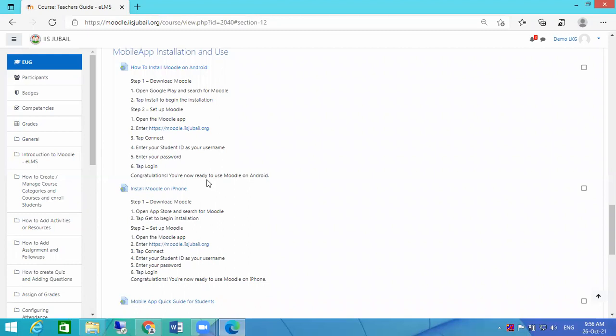You can share these instructions with the students and the parents so that they can log in and keep it ready. One for desktop, how they can log in. One for how to install the Android app, and how to install the iPhone app. If somebody is using a Huawei tab, they can use it as a system login. There is no app for that.